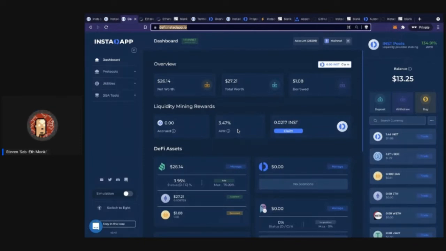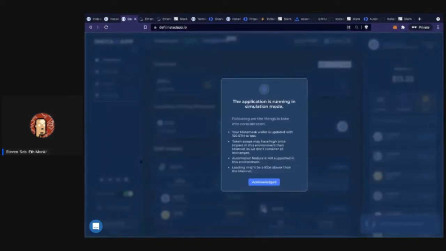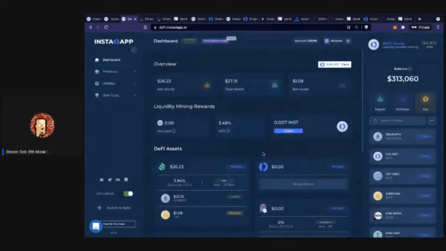The first thing I'm going to do, and I would recommend it if anyone is new to DeFi or just wants to try different things, is to try the simulation mode, which is actually how I'm going to walk you through this. The simulation mode is right down here, and you just click that on, and it lets you know that you're going to feel super rich. It's going to give you 100 test ETH. There are some token swaps which won't work quite as well because it's a fork environment, and a couple of other features don't work while in simulation, but it's a great learning tool and a great way to play with money. So we're in simulation mode.